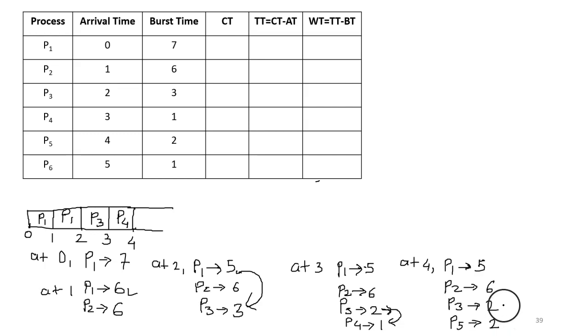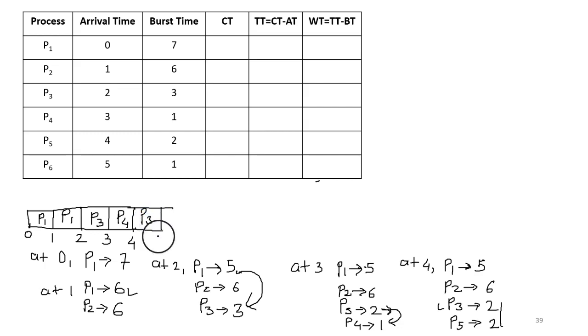So here there is a tie between process P3 and P5 as far as the remaining burst time is concerned. In this case, priority will be given to process P3. So CPU will be assigned to process P3